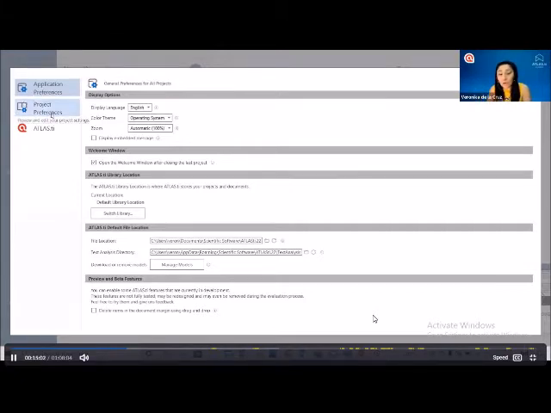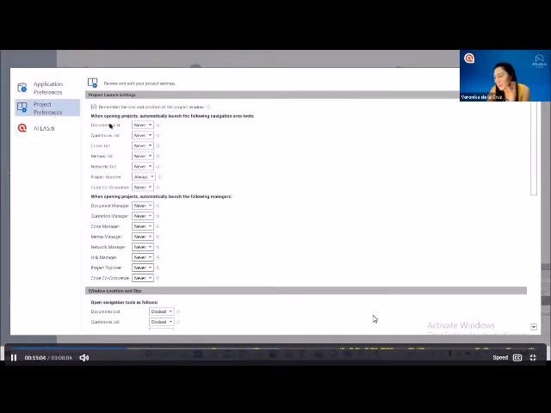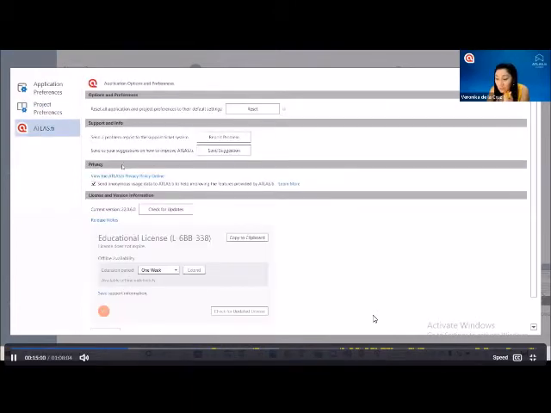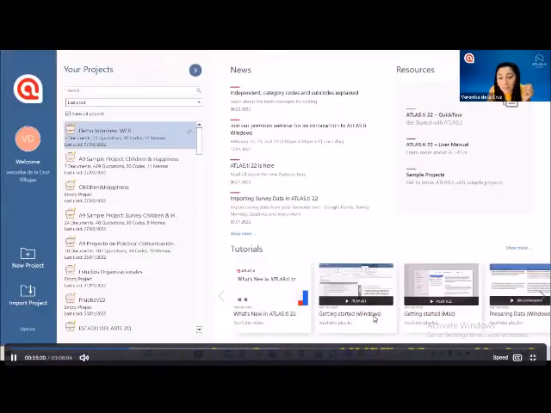And well, as I told you, in project preferences, you can change some things in the visualization of the software. In Atlas TI, you can find here the possibility to send a problem report, to send suggestions to the programmers of Atlas TI, and to see information about the current license that you have. Okay, well, let's see for the